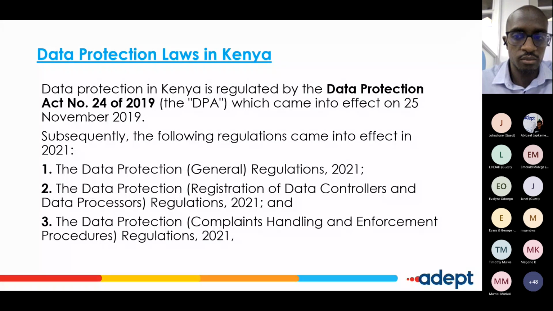Then we also have registration of data controllers and data processors, which gives a step-by-step process on how registration can be done by these 2 groups or categories. Then we also have the complaints handling and enforcement procedures in case a data subject has a complaint to make with the Office of the Data Protection Commissioner. So some of the highlights and the key objectives of these laws is